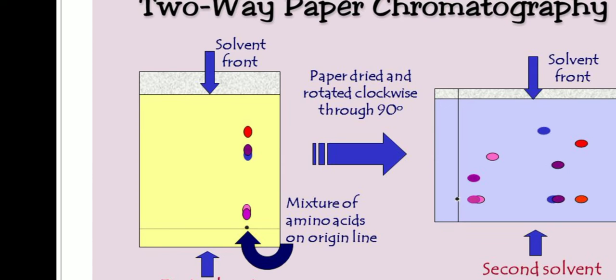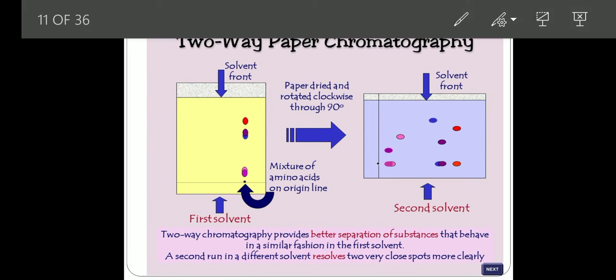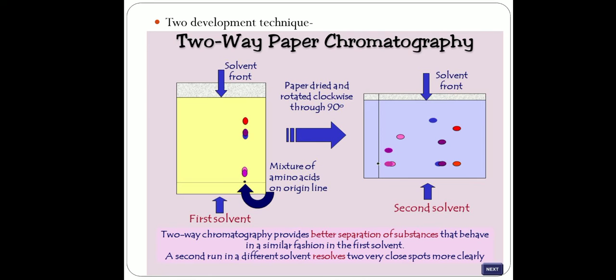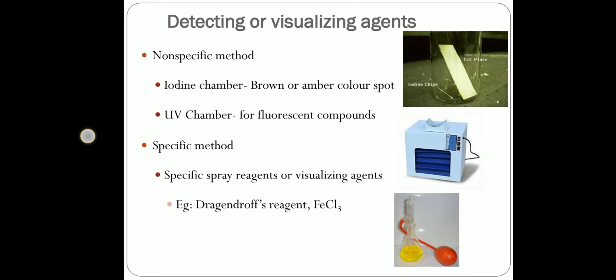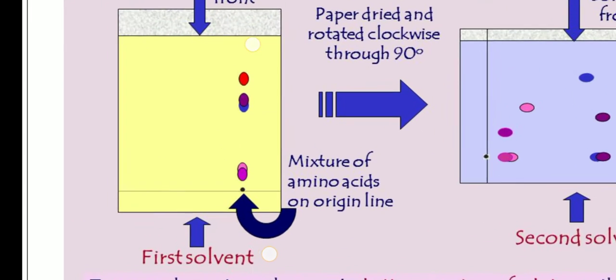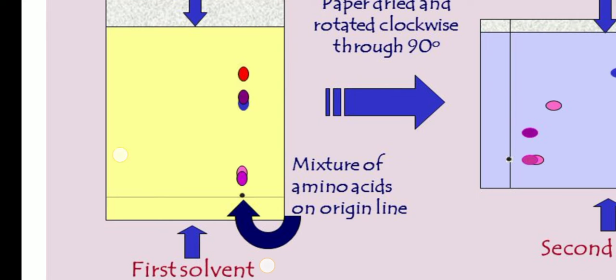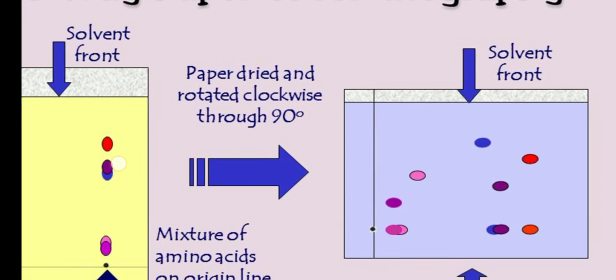That may be 1, 2, 3, 4 or 1.5, like that. That differs for each sample, each spot. Then distance travelled by solvent means from this baseline, that is from the spot, to